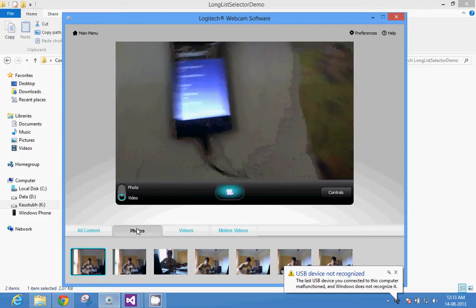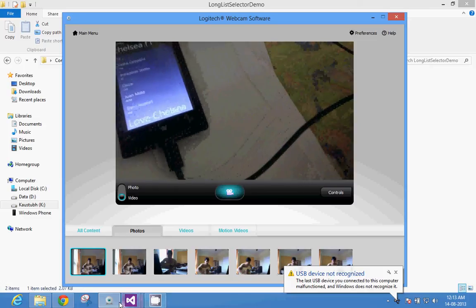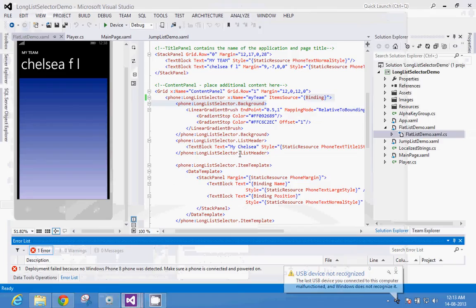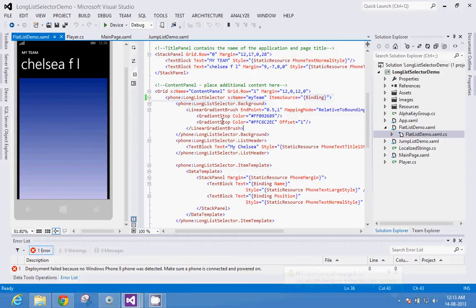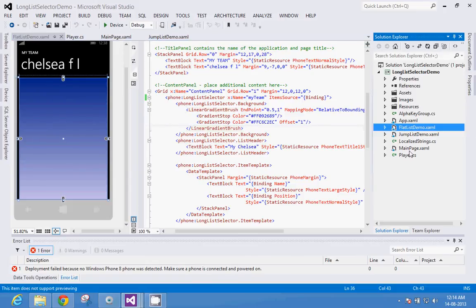Now let's come back to code. So this was demonstrating the flat list using your long list selector. You can always use the long list selector for a flat list. It is very similar to your list box basically. Now let's get to the real business: using the long list selector control to showcase a jump list, or grouped list, as they are called. So I have this second page.